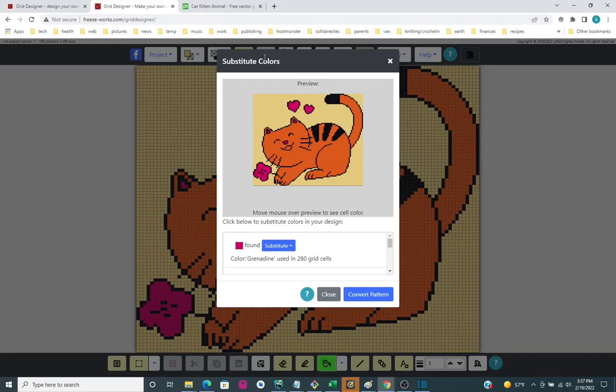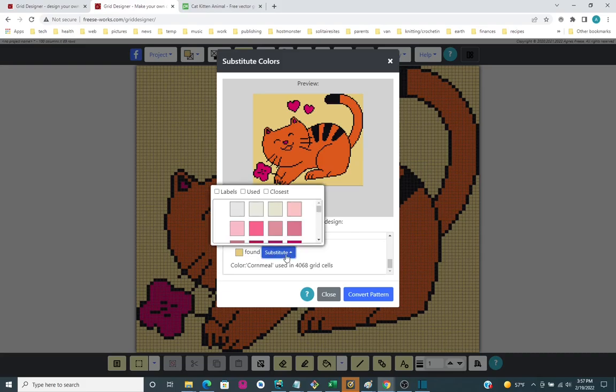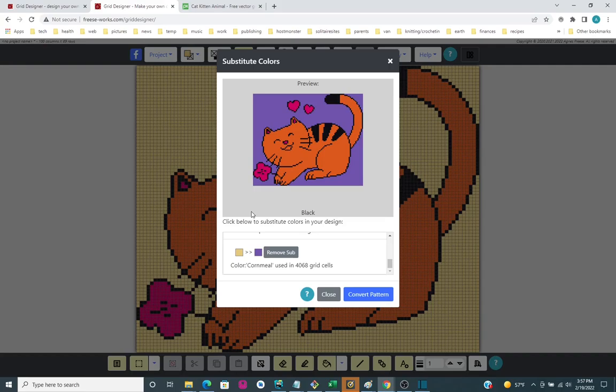We can then go to the color substituter. If you click when you're in the color substituter here, and this is in some of my other videos too, you can click on the color and it will show up here in the bottom list. Down here is a list of all the colors that are currently used in the picture. When you click on a color, it'll find that color in the list, and then you can do a substitution for it. So here we've got this cornmeal color, and here I can come in and say, what would it look like if I had a purple background,